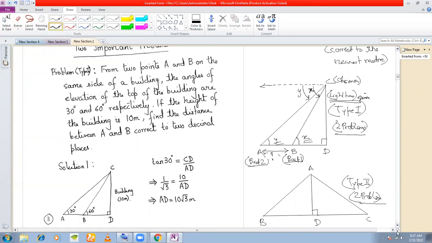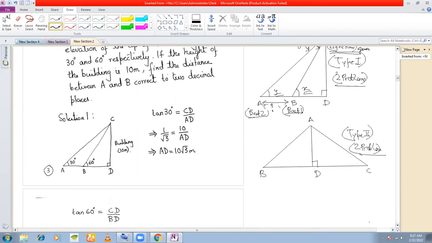The next type of problem, in the second type of figure that you're going to come across, is again, let's say a lighthouse, you're standing at the top of a lighthouse, okay, and you have two boats here. This time the boats are on the opposite sides of the lighthouse, not on the same side. And once the observer is looking down at these two boats, one at boat 1 and the one at boat 2, the angle of depression of these two boats will be given to you.